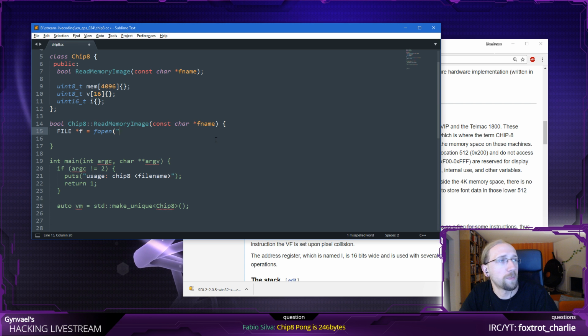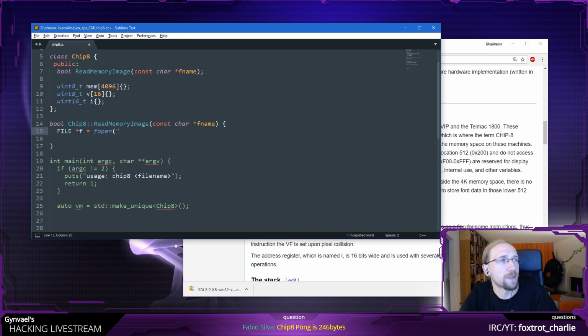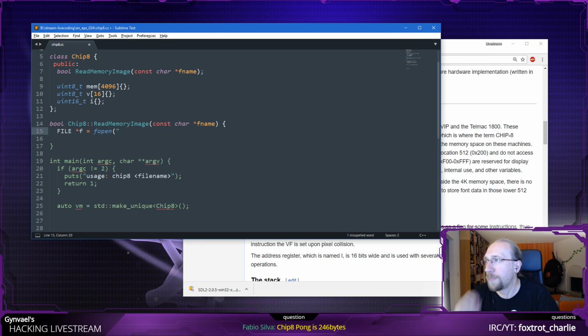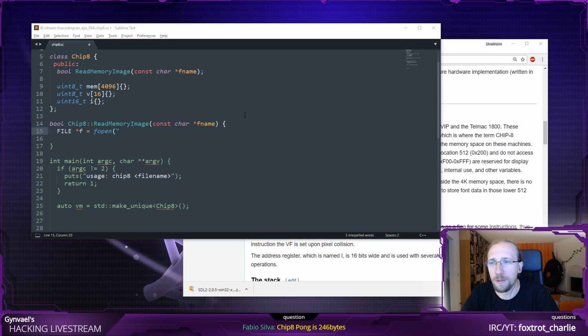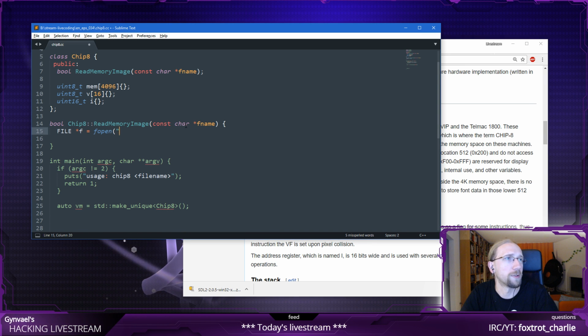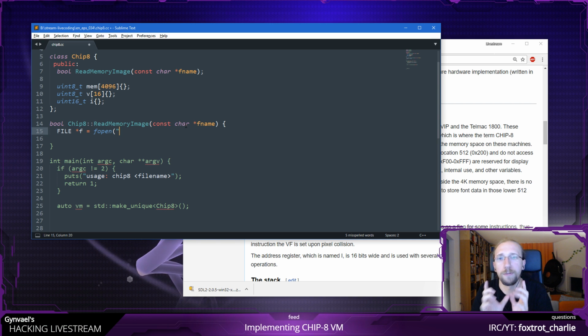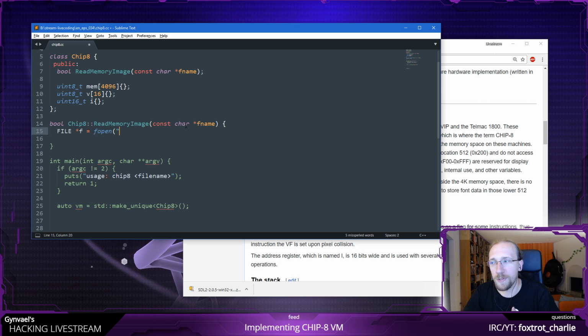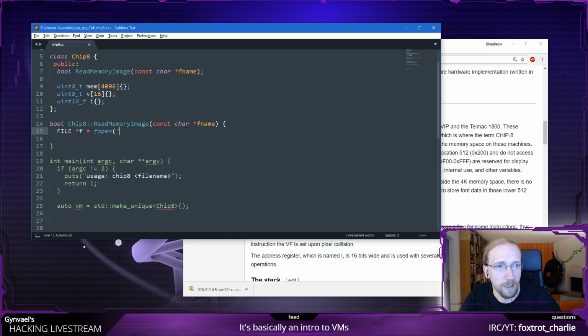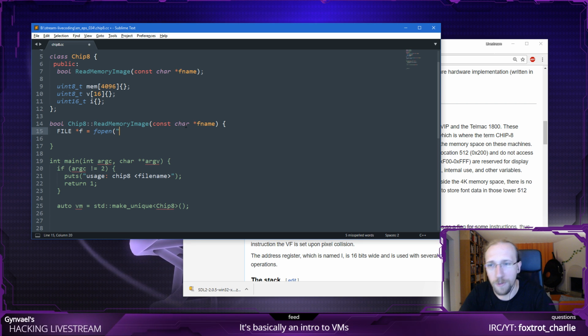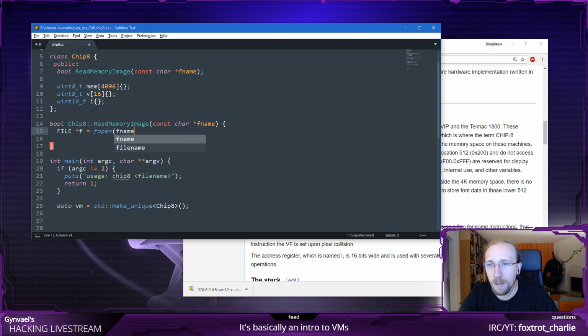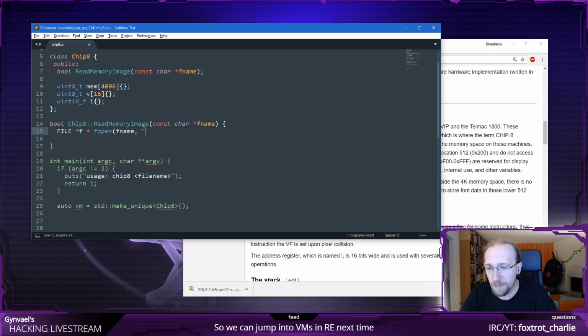So, okay, CHIP-8 Pong is actually 246 bytes, which is super small. Fabio, could you give me a link to that file? Just looking at the file should tell me something. But given that it's so small, it already tells me that I probably should load the file at 512, because otherwise it would be hard to start at that address. Okay. So yeah, C API, then...